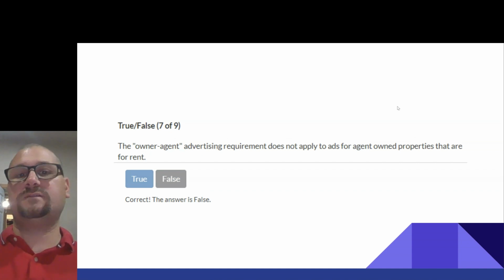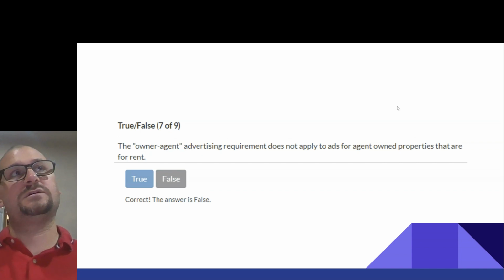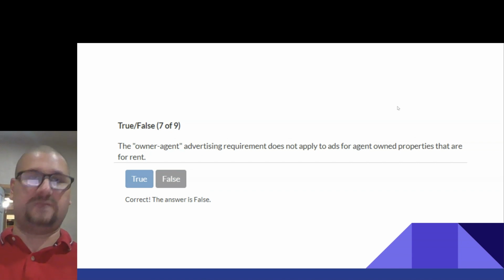False. Even if the property's for rent, if you're an agent advertising as an agent and you own the property, you still need to put owner agent, even if it's for rent or exchange or lease.